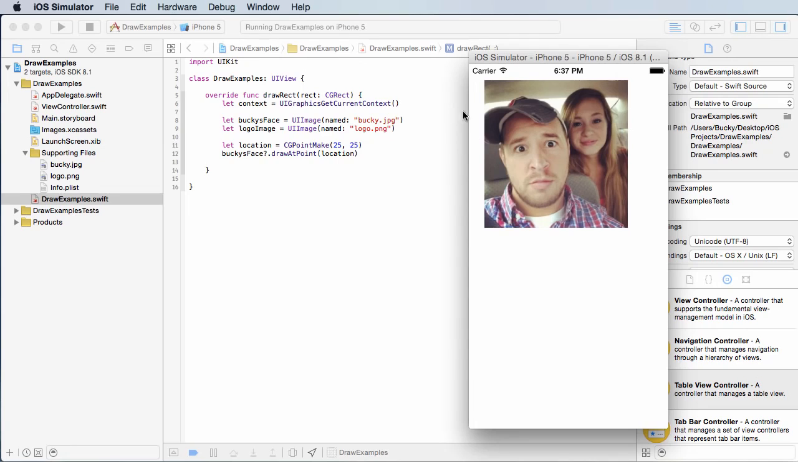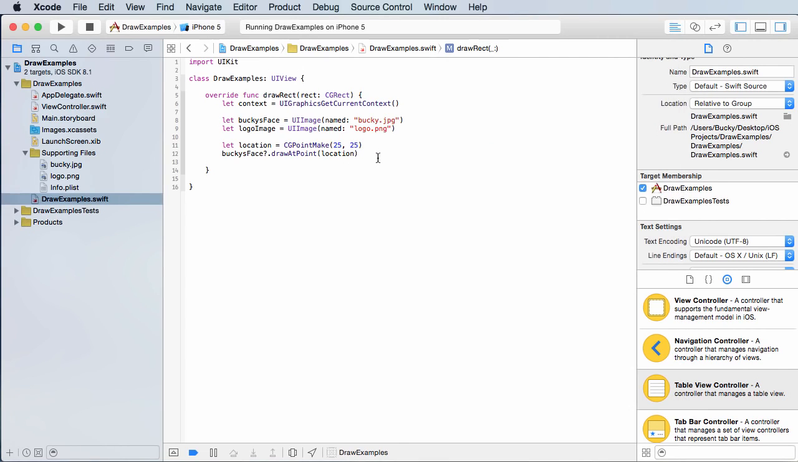Alright, so what it did is got a reference to my face, and it went over 25, down 25. It says, okay, I'm going to draw the image right here. Now, a lot of people like doing this, but another really cool, useful thing that you can do with images